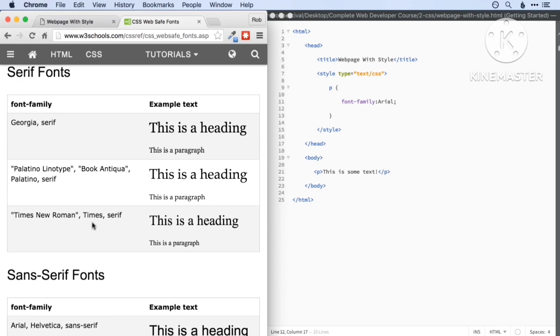Now this is actually a really nice feature of CSS fonts, and it's known as fallback. So if the Times New Roman font is available on the system of whoever's looking at your website, then it will display the text with Times New Roman font. If not, it'll fall back to the Times font. And if it doesn't have that, it'll fall back to the standard serif font, whatever that is on the machine